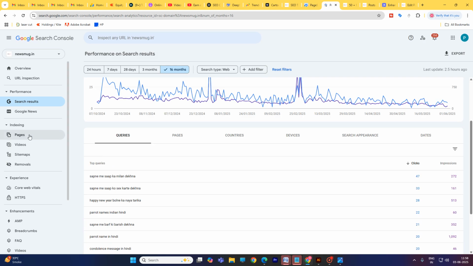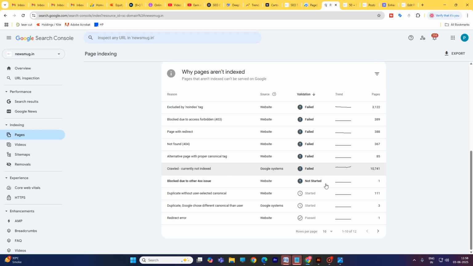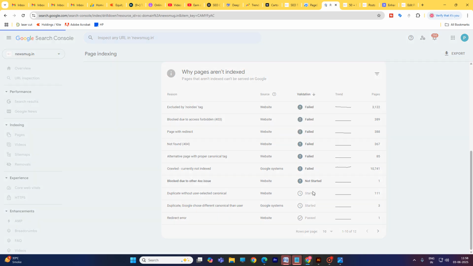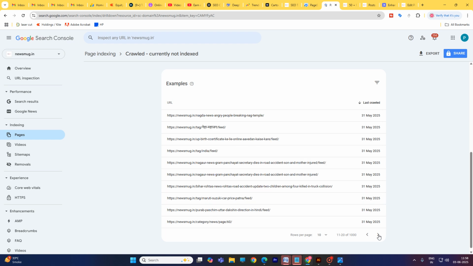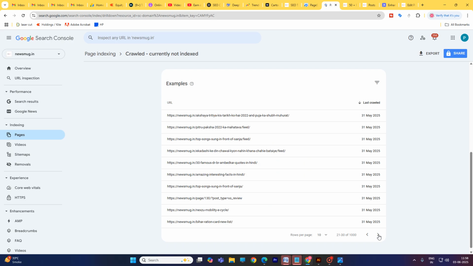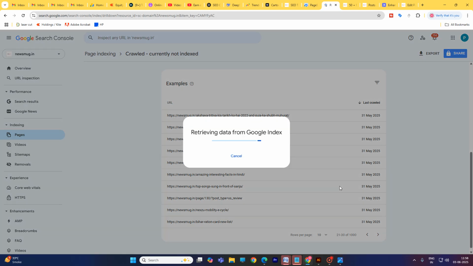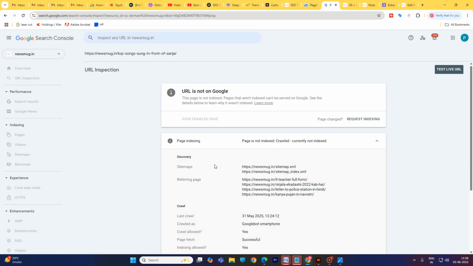One by one you can check each and every URL, skip the feed URL, and after that you will definitely get a good result. This one is indexed and this one is not indexed, just request indexing, but it's showing an error.